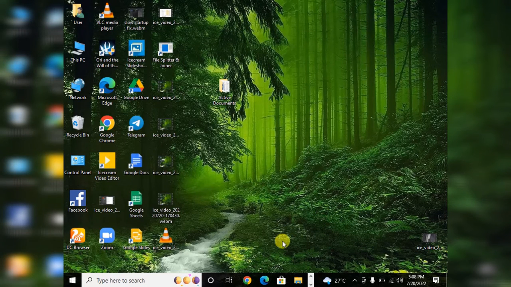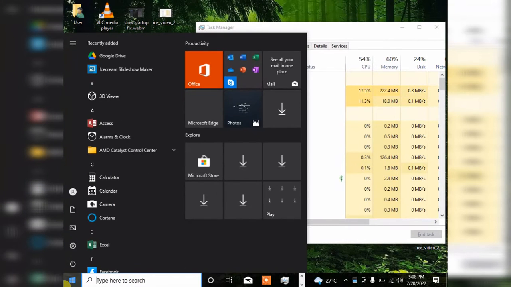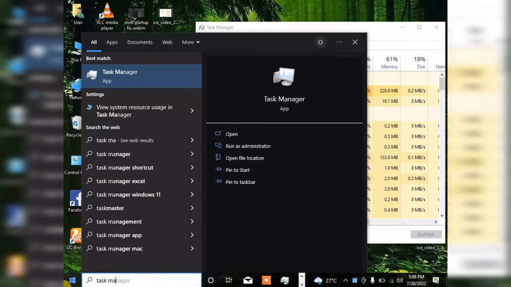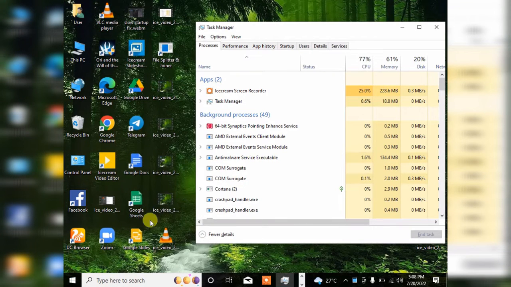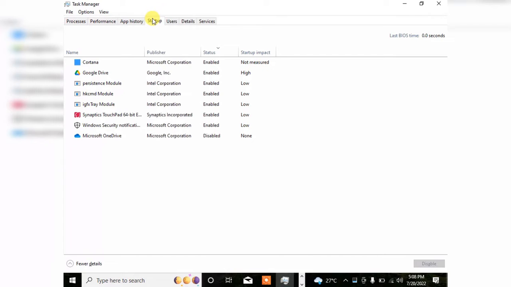The first process is to press the Control, Shift and Escape buttons to go into your task manager. Now you can also access your task manager by clicking on your start button and typing in task manager, and there you have it, still the same thing. So on the task manager screen is where we manage all tasks within our CPU. What we basically want to do now is make sure that in the startup tab we have disabled things we will not really be needing